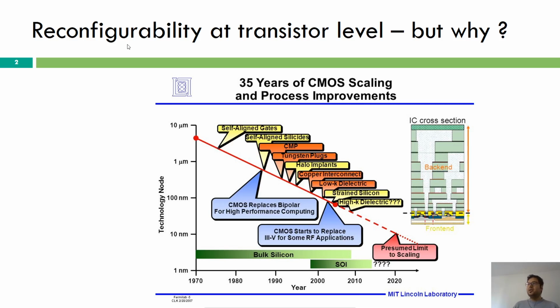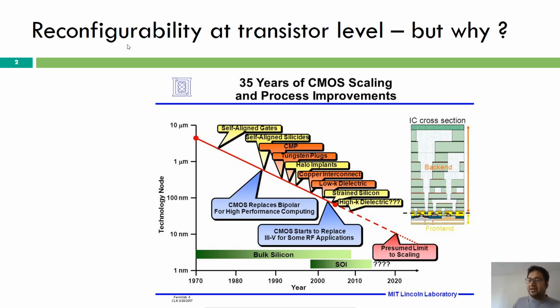And I'm not saying that scaling has stopped. Scaling is still there, and we can see that the present iPhones are based on 7 nanometer technology. But the idea is that as we go closer to nanometer scale, the reliability issues are increasing exponentially, and the cost to performance ratio which CMOS scaling was giving, let's say 20 years back, is not the same. Now, for a small increase in the performance, you need to spend more money,